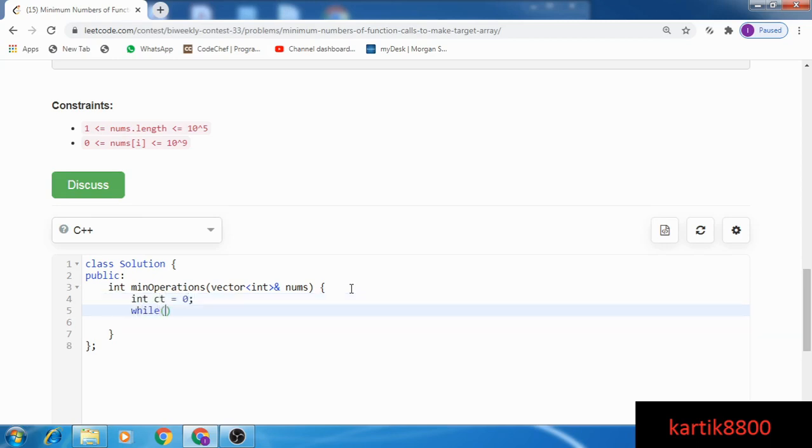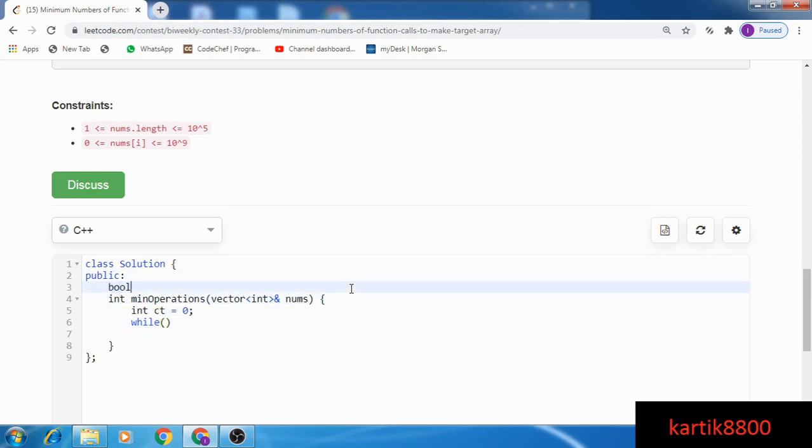Let's say that perform also tells me whether my work is done or not. Bool perform: it returns 0 when there is no more need to perform any more operations. Otherwise it returns 1, saying okay, you still need to perform more operations.